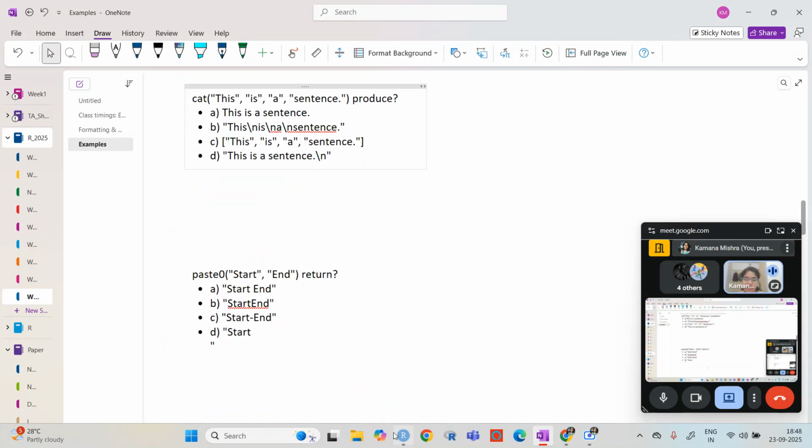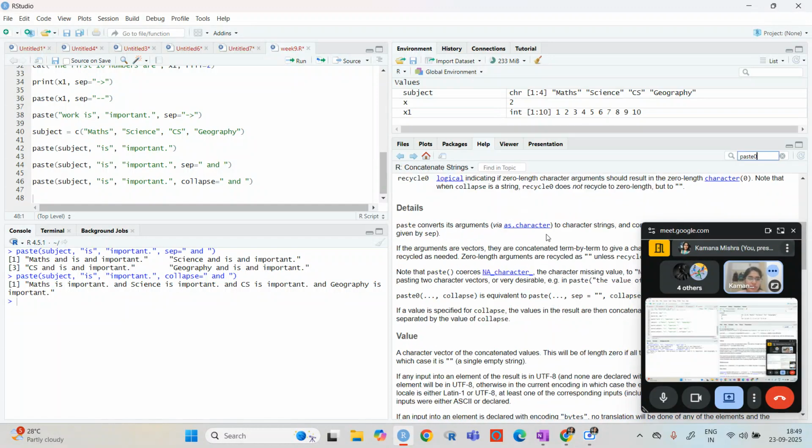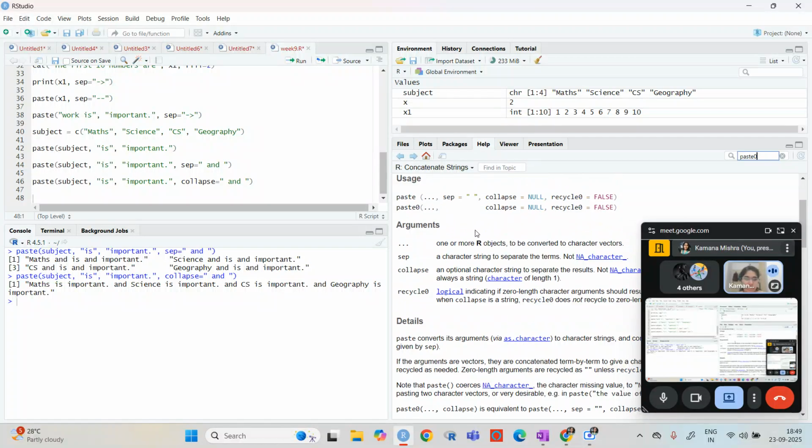So there is one function called paste0. Okay, that is also given here. So what is the difference basically between paste and paste0?